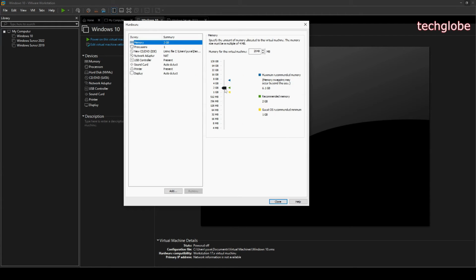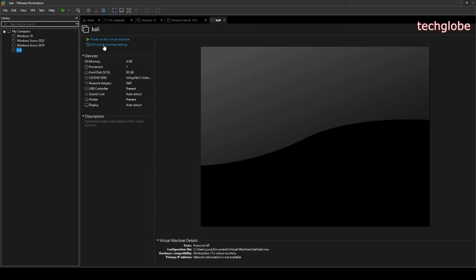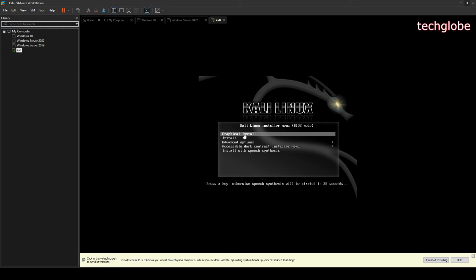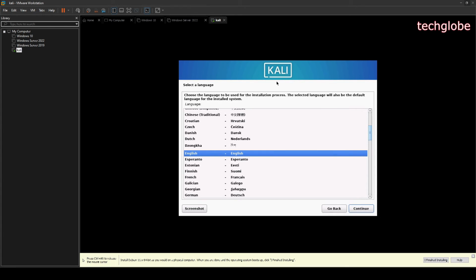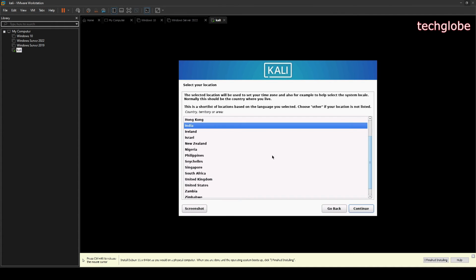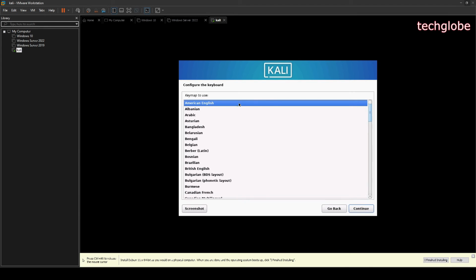If you want to increase the RAM, in my system the total physical memory available is 8 GB RAM, so in this case I'm going to select 4 GB. Click finish. Now I'm going to power on this virtual machine and select the graphical install, and in this window select the language, by default English. Click continue, and for the location I'm going to select India. Continue. Configure the keyboard, American English,